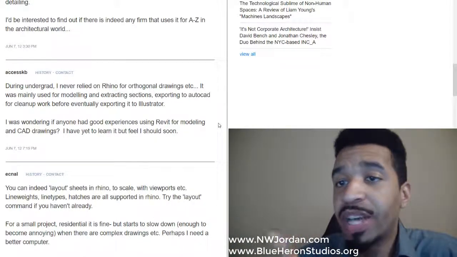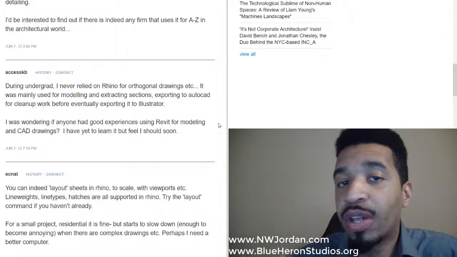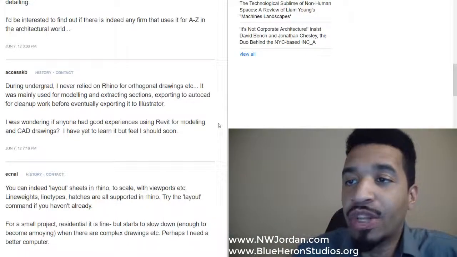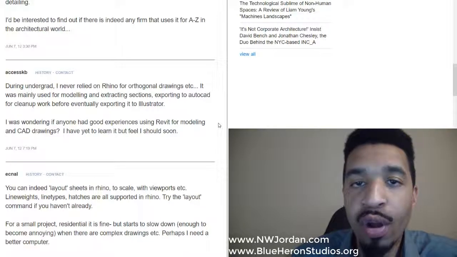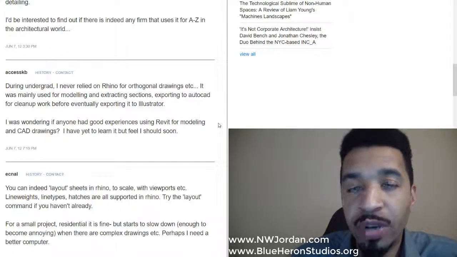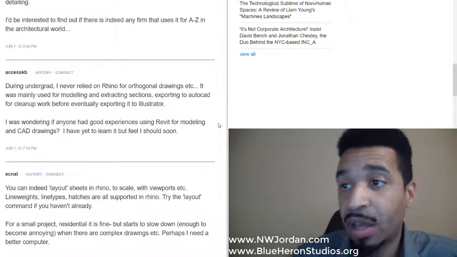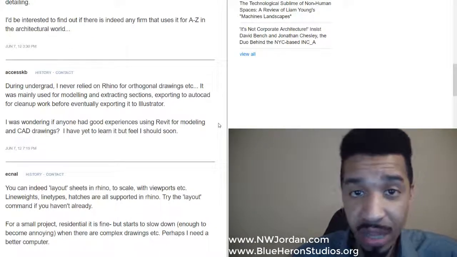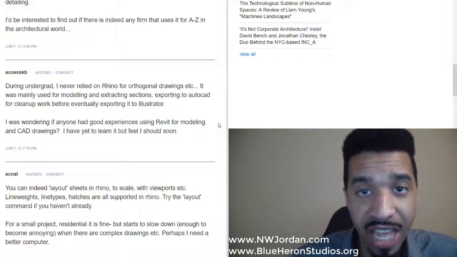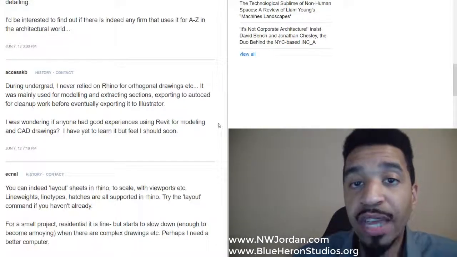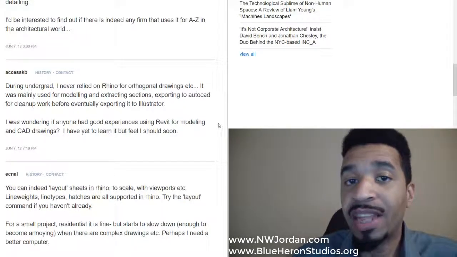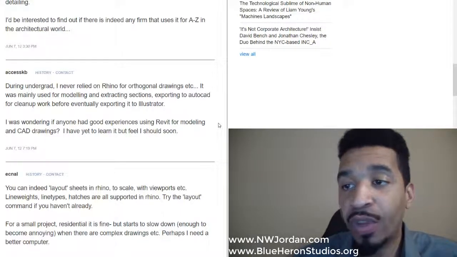I almost agree with this 100%. When I was in school, a majority of my peers, this is how they would use Rhino. They wouldn't use it for orthogonal drawings per se, but they would use it for their 3D. If they need a section, if they need an elevation, they quickly knock it out in Rhino, so they have a majority of the 3D work so they can convert to line and then export to CAD for the final